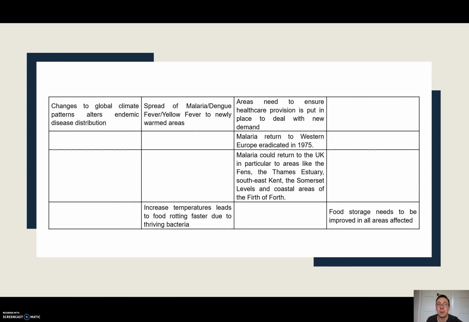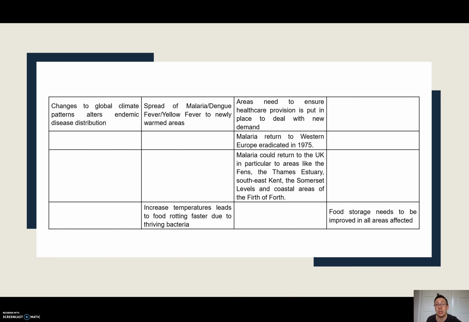Now, next, what about general changes to climate patterns? That's going to make diseases occur in areas that were not used to them. A few examples here: malaria, dengue fever, yellow fever. These are going to start occurring in areas that are becoming warmer. These areas don't have some of the infrastructure in place to deal with these diseases. People in Spain aren't used to sleeping under bed nets. They don't have them as a matter of course, and they would then need to introduce them. That's a step that has to be taken.